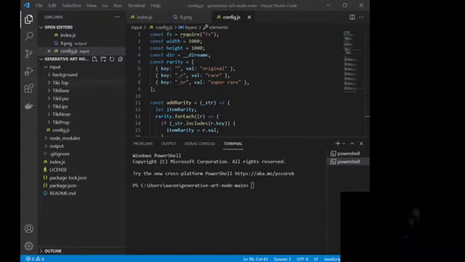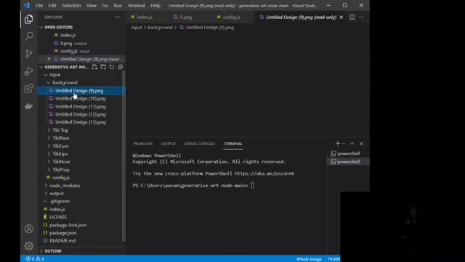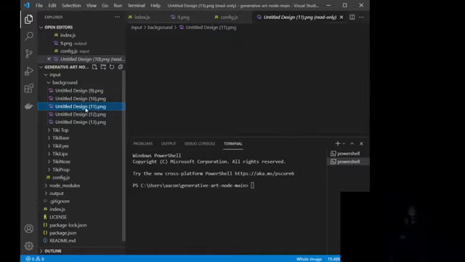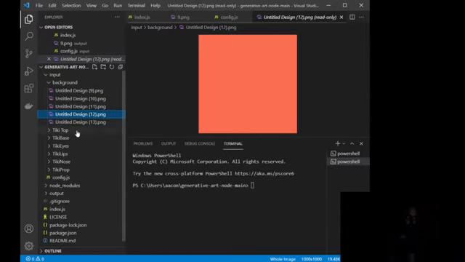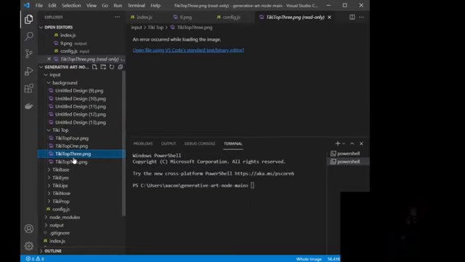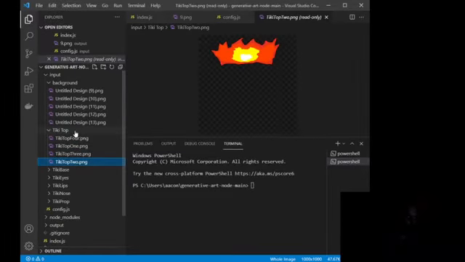So what you're seeing on the left side here in input is a folder inside of this main generative art node main, and inside of the input folders we have all of these different folders where we have our backgrounds. Alright, so if I load, let's see, there we go. If I load these, you'll see all of the different backgrounds that I have, so on and so forth. You can see the different head pieces that I have created,